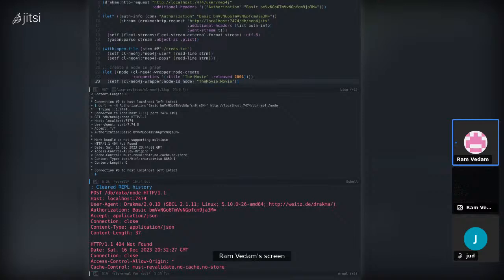Neo. Community API. Node. Oh, so the problem seems to be that the Neo4j community API is giving me a 404, which seems to be